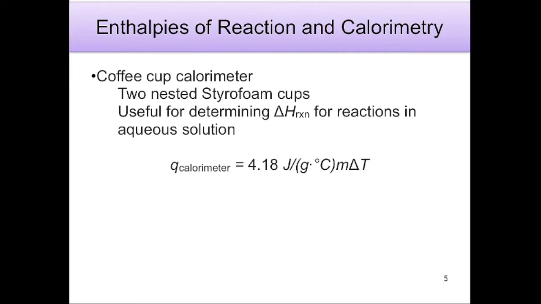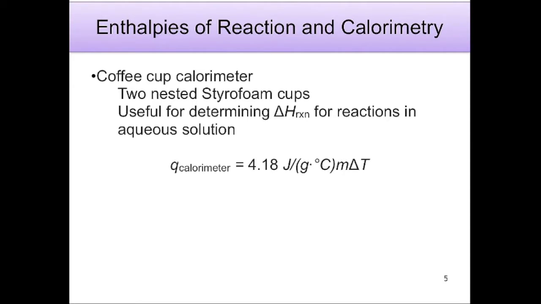A common experiment that's done in general chemistry labs uses a coffee cup calorimeter. In this particular experiment, which I think you'll be doing in lab, you will be using two nested styrofoam cups. These particular calorimeters are useful for determining delta H of reactions in an aqueous solution. For example, if you have a specific acid-base reaction that you're doing, you might start with the acid in the calorimeter, add a little bit of the base,